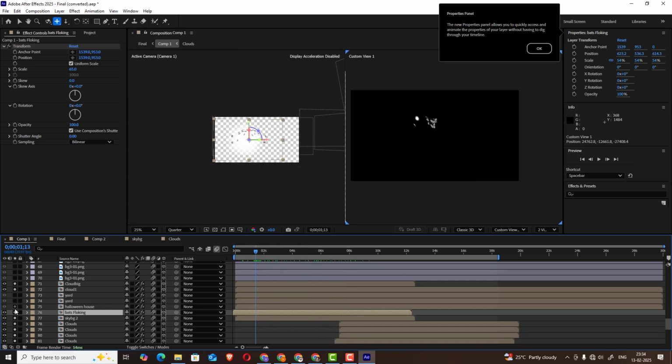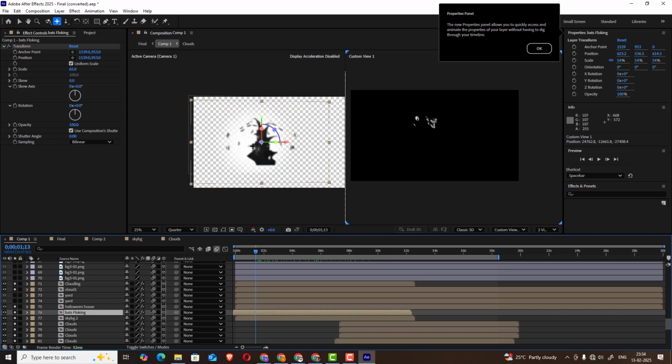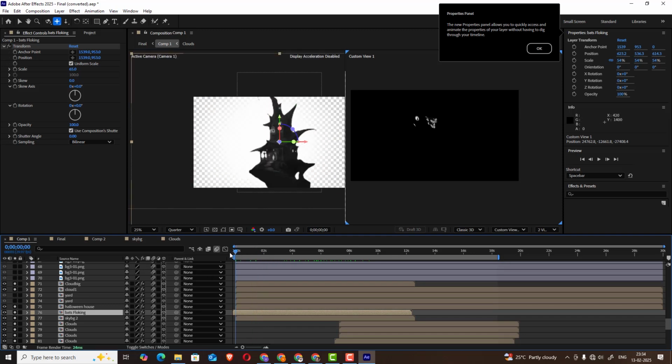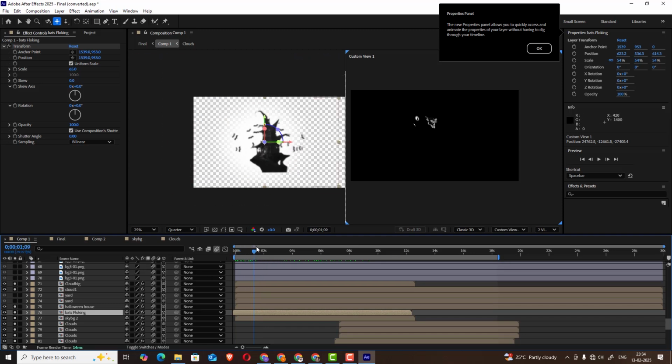while this Halloween house, so this is the Halloween house basically, once the camera goes for 2 seconds later, we can see some bats flocking. The bats are very mandatory in a Halloween scene. So here is how I made things actually,